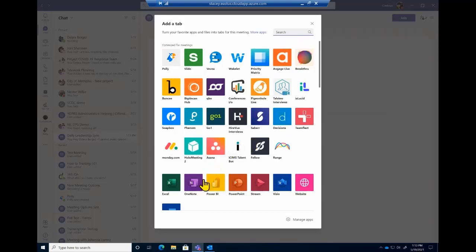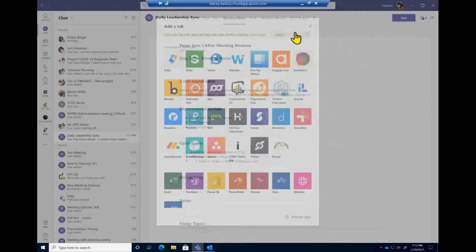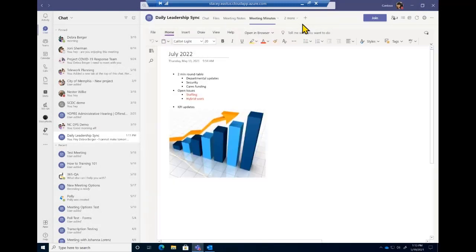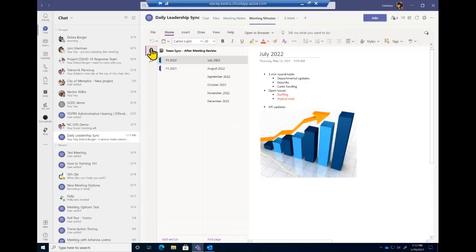But what I did was I chose OneNote here. And when I clicked on that, I created the OneNote, and it made it as a tab at the top of this daily meeting that I have with Deborah. And as I mentioned before, the really nice part about this is you can come over here, and if you've ever used a Google Doc, or if you've ever done any kind of co-authoring inside of Teams, you should be familiar with this, but you don't have to save it.